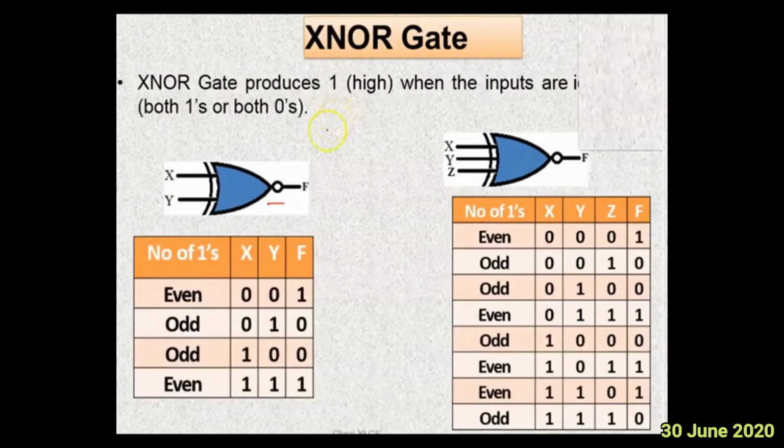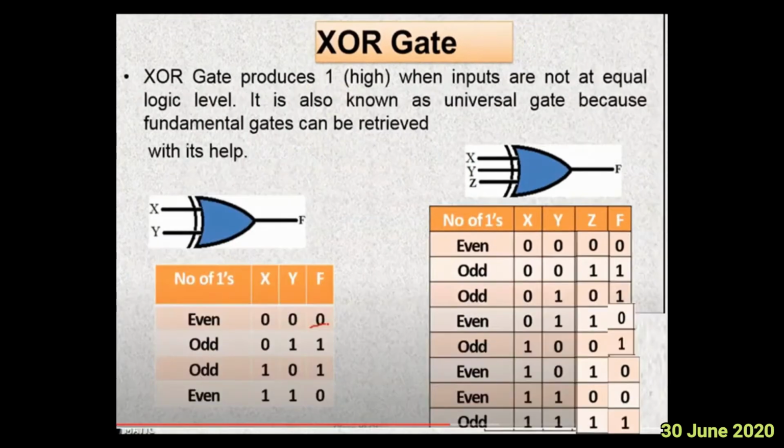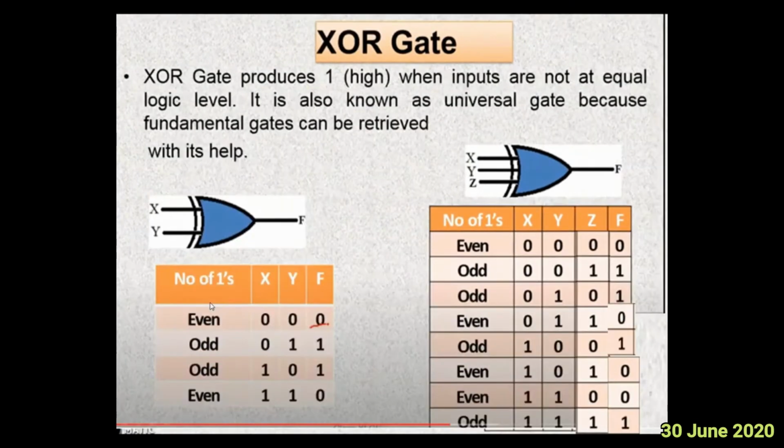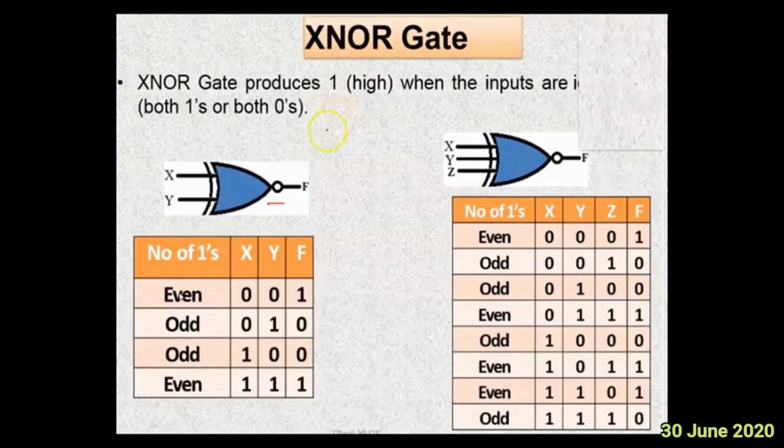Now the exclusive NOR gate. Exclusive NOR gate is very simple. Whatever exclusive OR you are getting, NOT of that. Now you remember what the output is here? 0 1 1 0. Remember here. Now you see here the reverse of that. Where the number of ones are even, output was 0. But here when the number of ones are even, output is 1. Now the reverse we have to write.